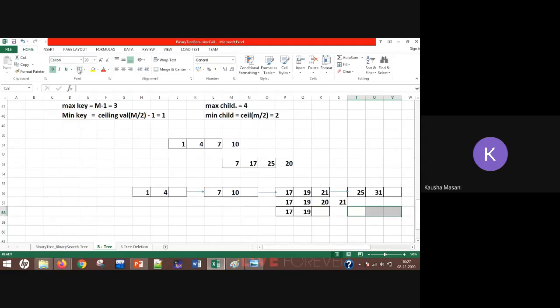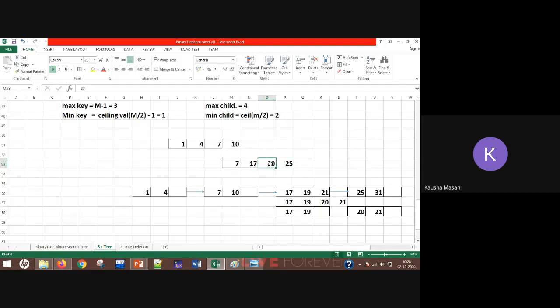But when you move this 20 up, you find that there is no space for 20. So there you are going to split again. Arranging them, here there will be 20 and here there is 25. So selecting 20 as an index value, what will the new index page look like?